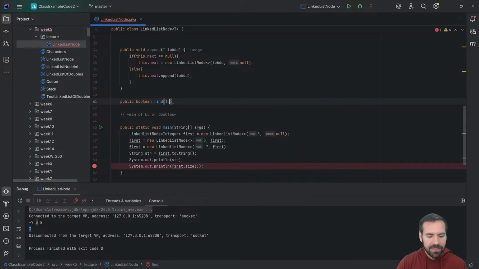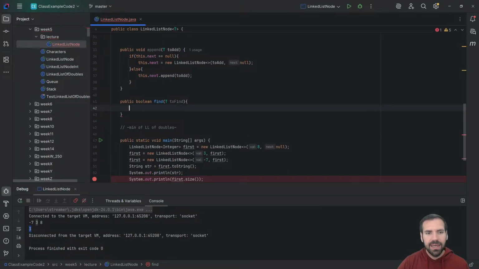and I want to find some value t. I'm going to call it toFind. This is the value we're trying to find. And we want to return true if we find it and false if we don't. In the slides, this will return a linked list node of t, and it'll return a reference to the first node that contains that value, which is often useful. You often want a reference to some node of interest because you want to manipulate the references. You want to change its .next or do something with it. But here, we're just going to return a Boolean